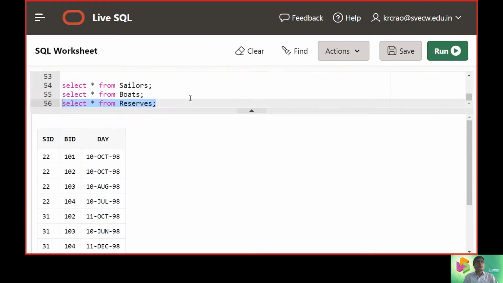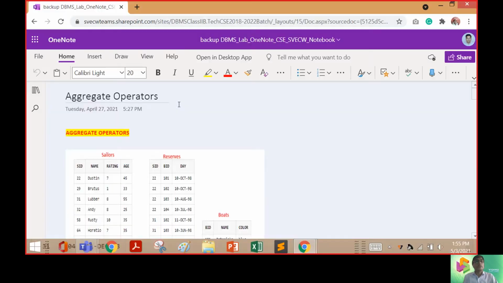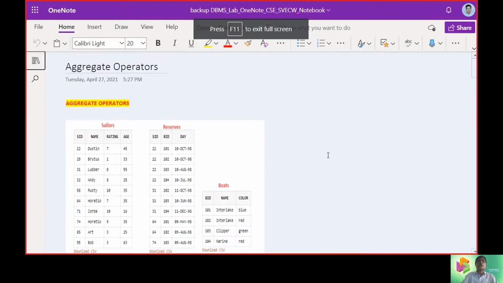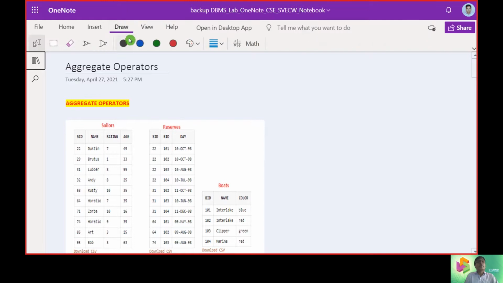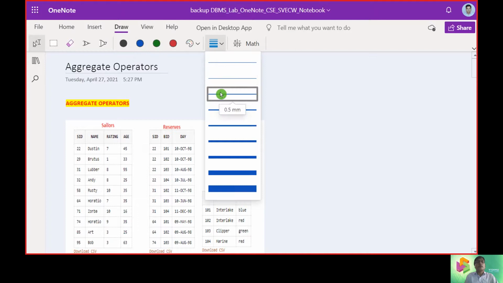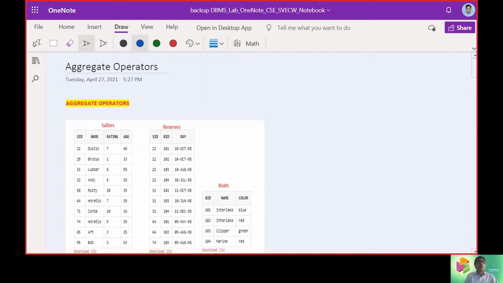Now let us do some aggregate operations over the data to understand how aggregation occurs. When we talk about aggregation, we assume it is applied to an entire column.